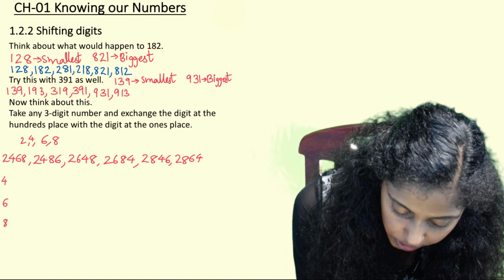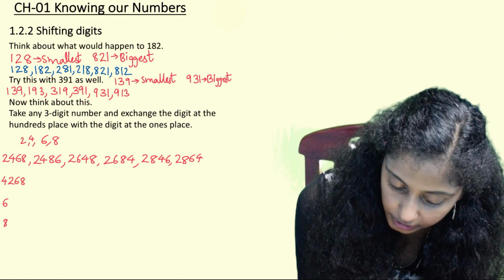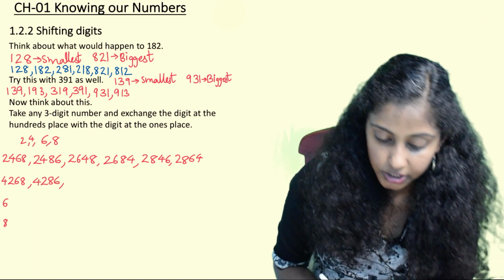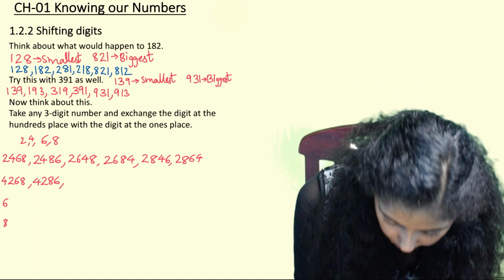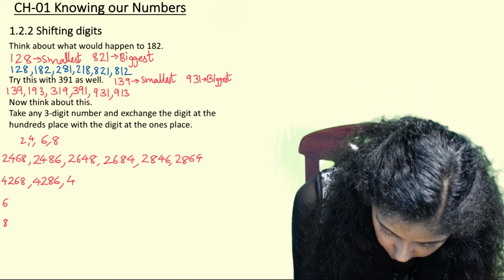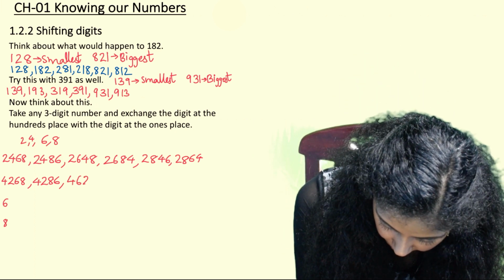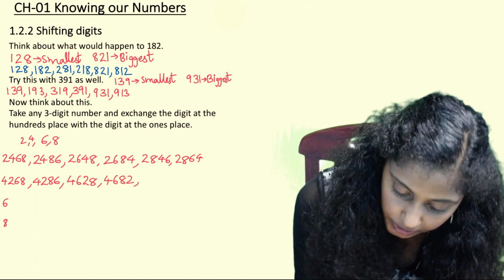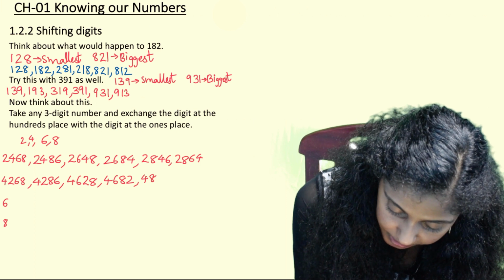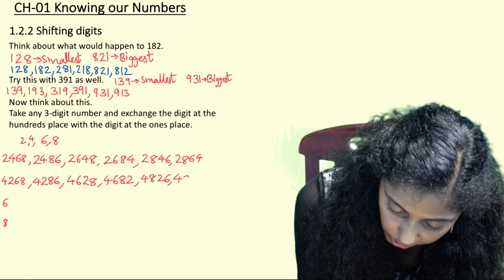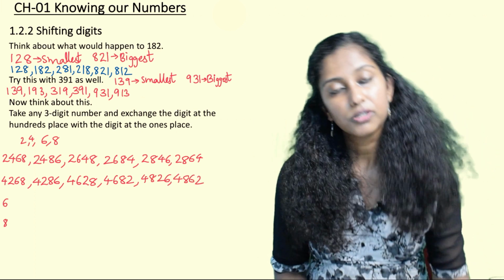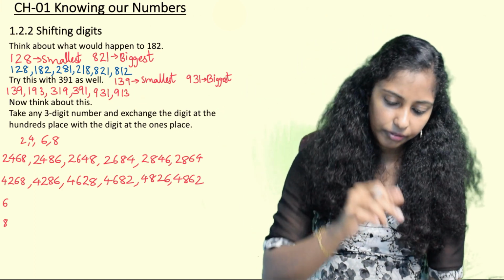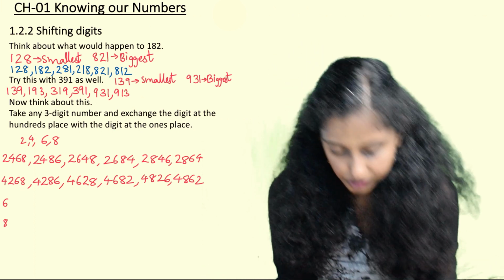Now 4 is in the first place, so remaining digits 2, 6, 8. Then 4 again, same 2, same 6 8 can be interchanged as 8 6. Then again 4 same, I am changing 2 to 6, and then I am writing 2 8. Then 4 same, 6 same, I am writing 8 2. Then again 4 same and 8 same, we are writing 2 6. 4 same, 8 same, we write 6 2. So here again we have seen by writing different digits in different places, we are forming different numbers.